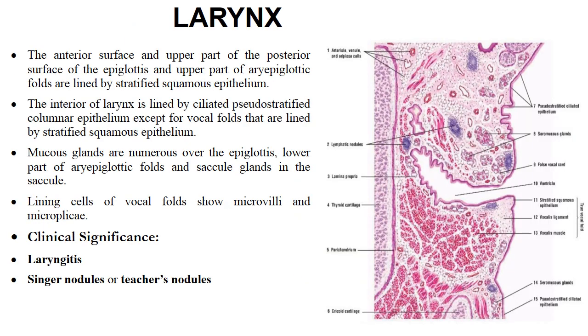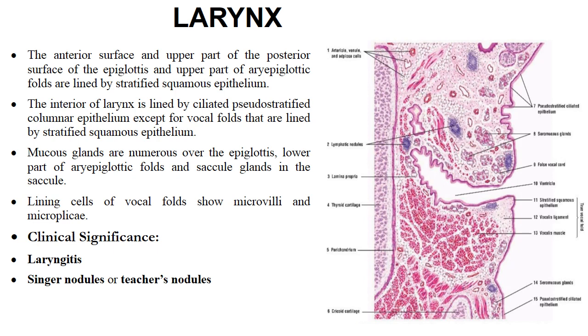The part of larynx that comes in contact with respiratory tract and nasal cavity is lined by pseudostratified ciliated columnar epithelium, and the part of larynx which comes in contact with food and oral cavity is lined by stratified squamous epithelium. The mucous membrane of larynx is loosely attached to the cartilage except over vocal folds and over the posterior surface of epiglottis. At these two sites, the mucous membrane is firmly adherent.